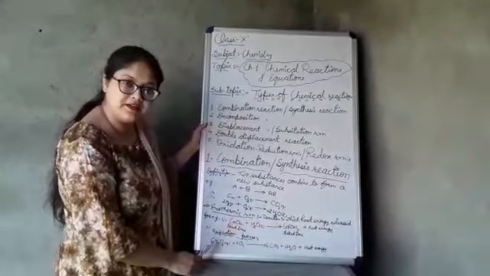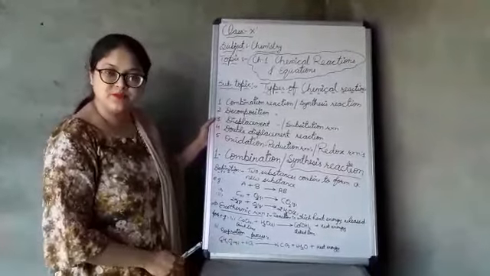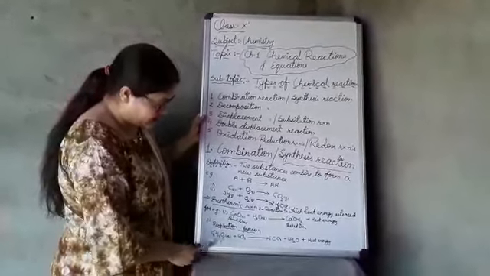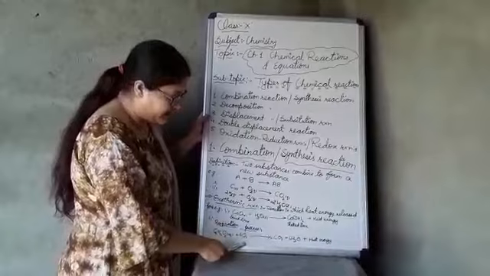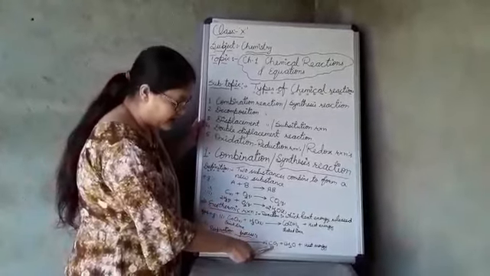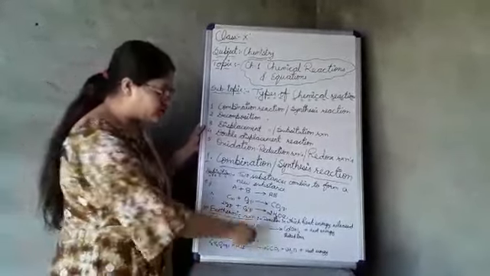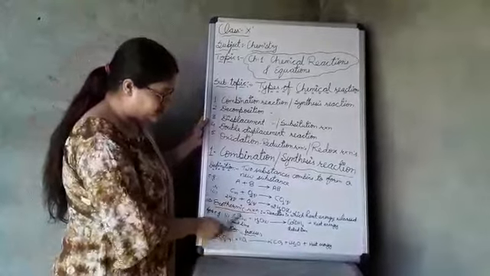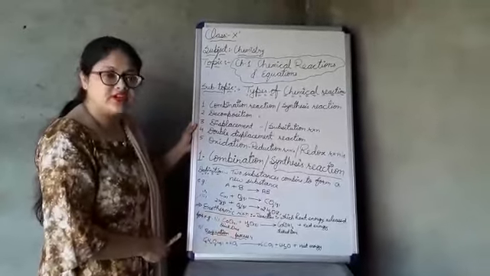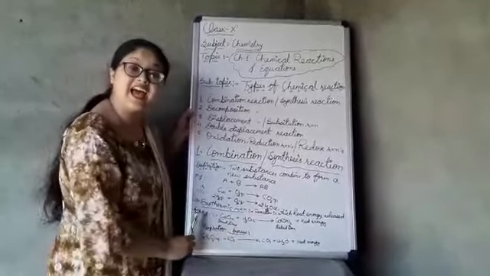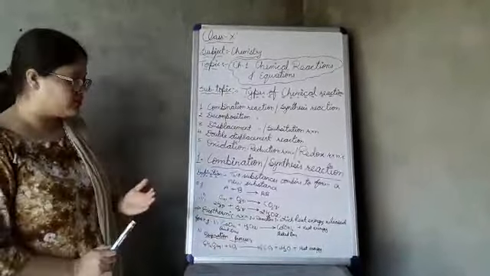That is a very common example you can see in your daily life, the respiration process. Everybody knows what the respiration process is. In this process, glucose in aqueous form reacts with oxygen. What will happen? It will form carbon dioxide gas plus water, and a lot of heat energy will be liberated. So here you can see that some combination reactions also liberate some amount of heat energy. Such reactions are known as exothermic reactions.